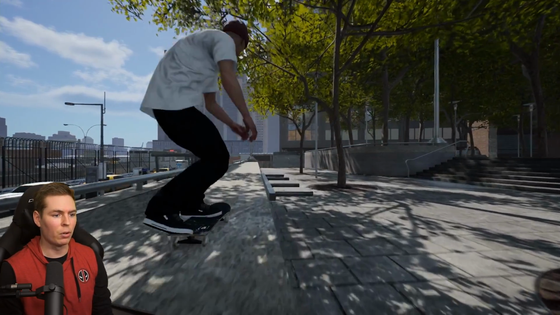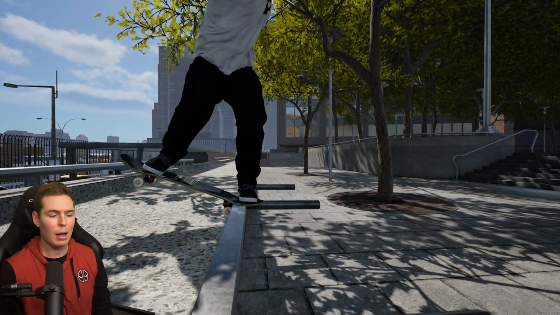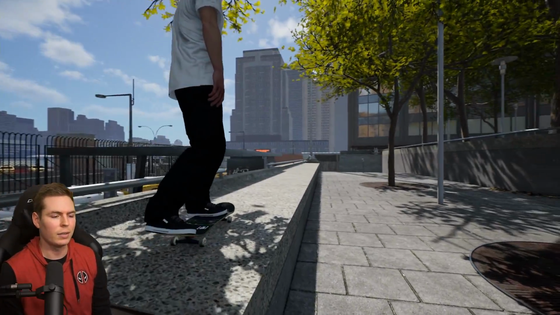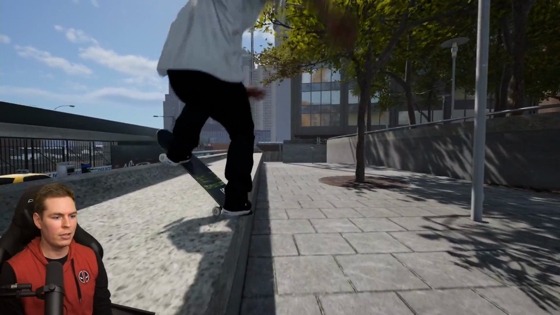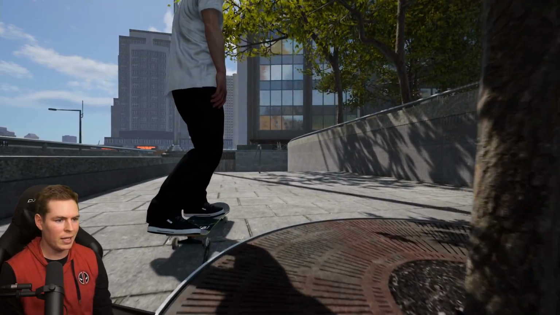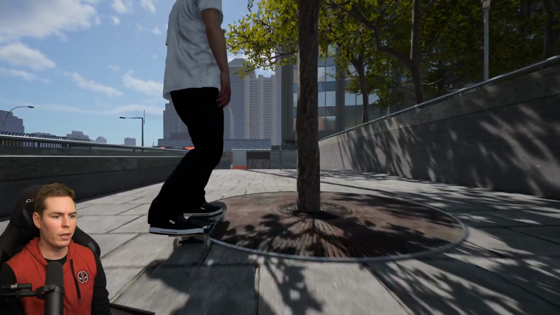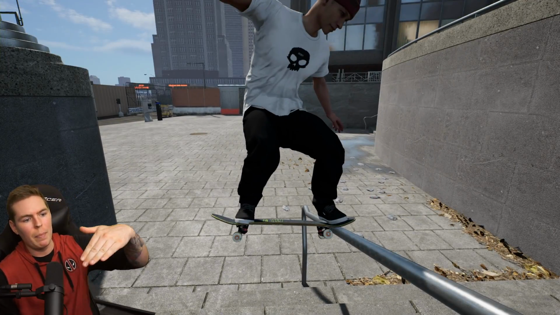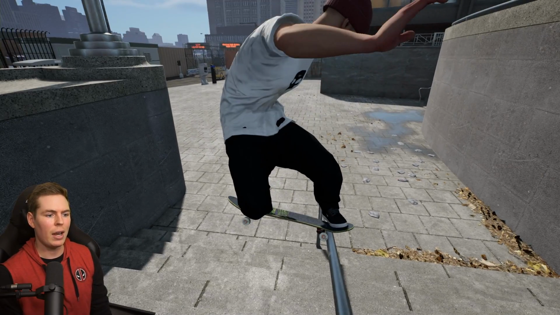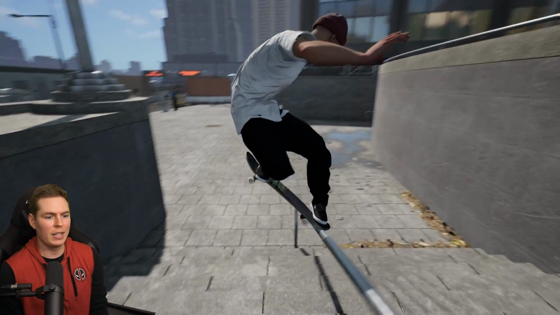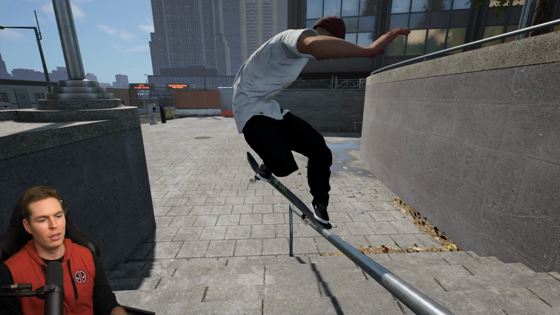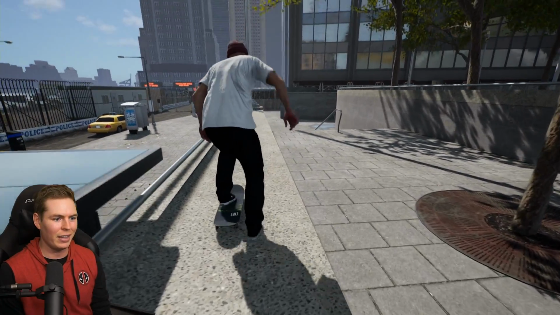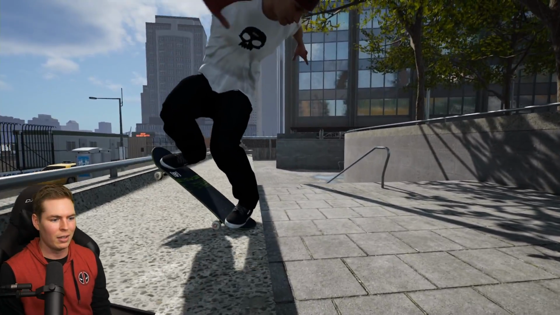Because the funny thing is, if I put a rail right here and do the exact same thing, that would just be called a nose slide. Or again with tail slides, if I did a tail slide like that the exact same way, that's still a tail slide. But if I do the motion over here and get into more of a blunt, is that a blunt or is that a tail slide? Because if you do a nose slide on a rail, like just a rounded rail, and you're a little bit more vertical, imagine this, but I was up in like a nose blunt style, you would still call that a nose slide. You wouldn't call that a nose blunt. But if you do the same thing on a ledge on this side like this, what is it?